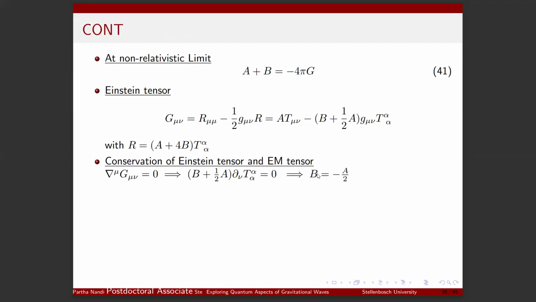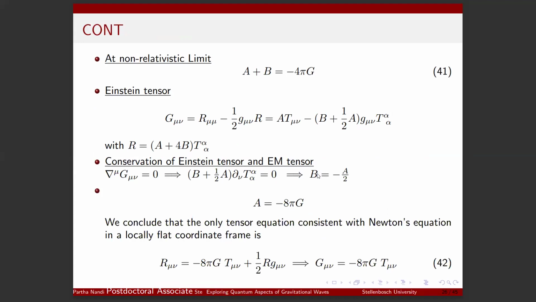So one can immediately extract that A and B satisfy this equation. And one can conclude that Newton's theory of gravity in a general relativistic setting can be reinterpreted through this equation. This equation is the most fundamental equation, and it is known as the Einstein equation. So one can immediately check that in the non-relativistic limit, this equation can reproduce